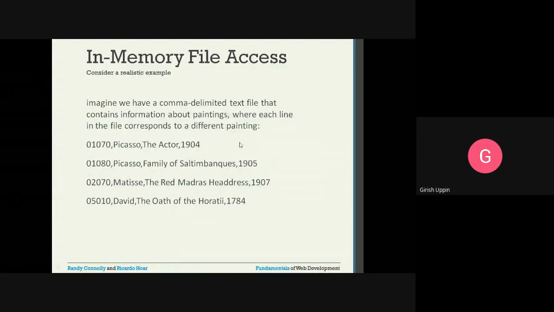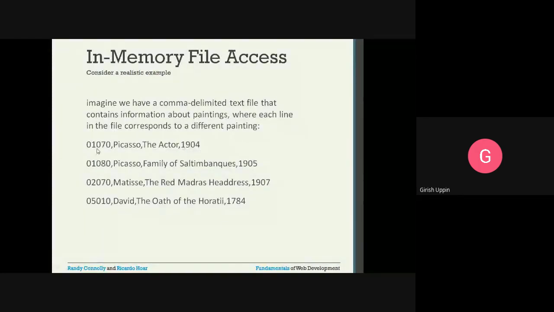Imagine we have a comma delimited text file that contains information about paintings. This is the file; there are 4 lines in the file, and each is separated by a comma. So this is the painting ID, then the artist, the name of the art, and the year it was created.